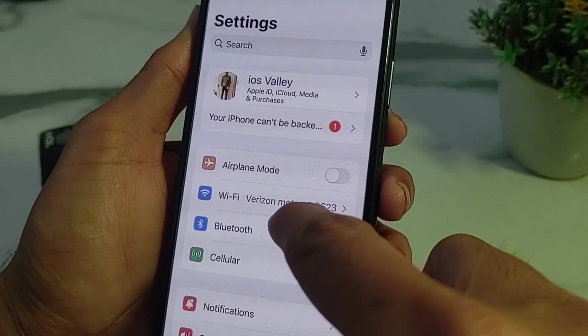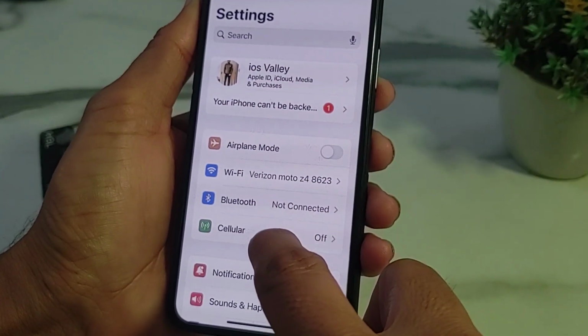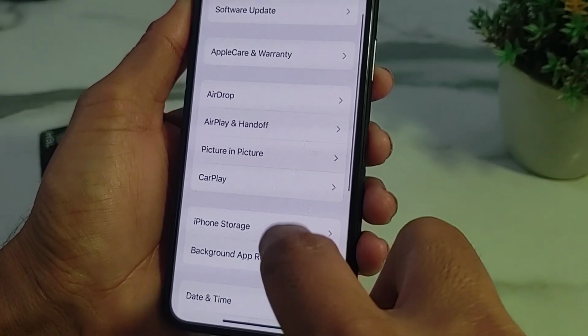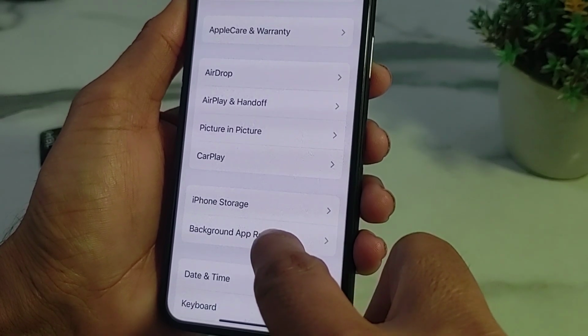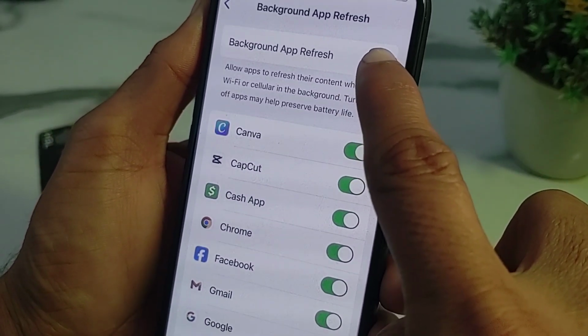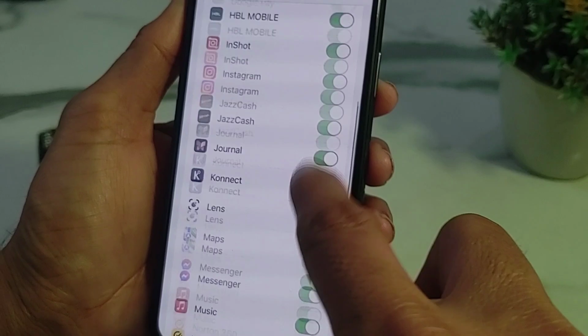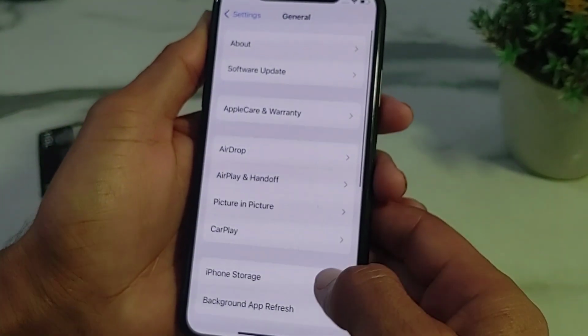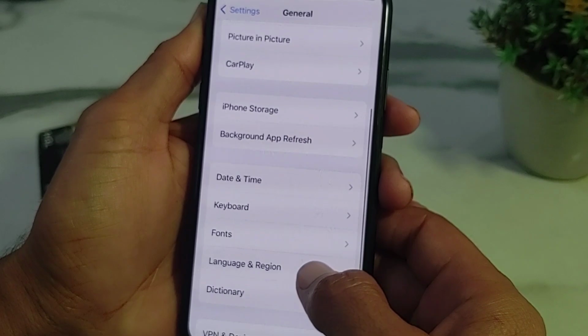Open Settings on your iPhone device, then scroll down, tap on General, then scroll down again, and here is the option of Background App Refresh. Tap on this, and make sure that Background App Refresh is turned on and all the apps are turned on from here. Then after that, scroll down again, then tap on Language and